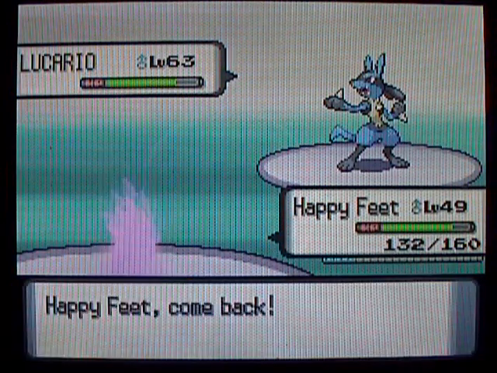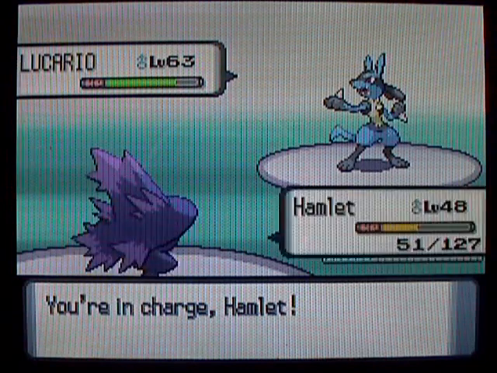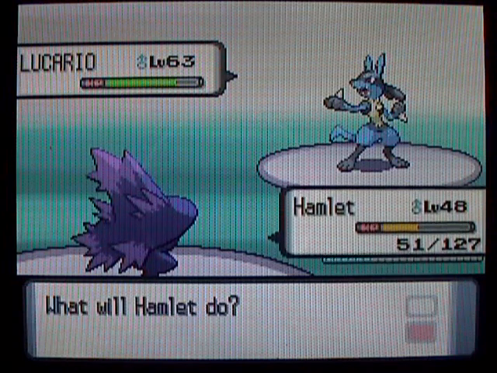So I'm going to switch out, just to be safe, even though it could use a different move, but just to be on the safe side, I'll send in Miss Magus. And, okay, it did use Aura Sphere, and that doesn't affect it, so that worked out pretty well. So I'm pretty sure Lucario is actually faster than me, but...